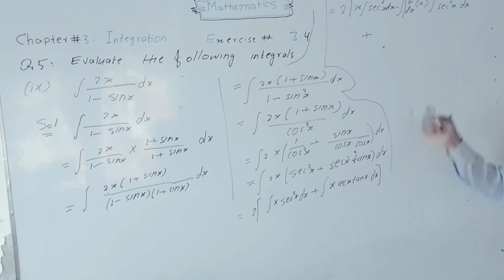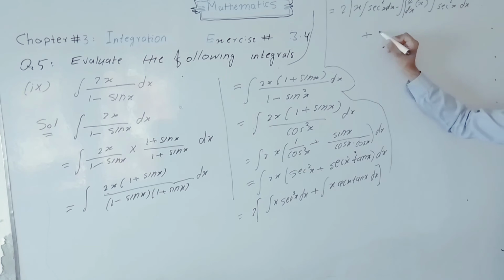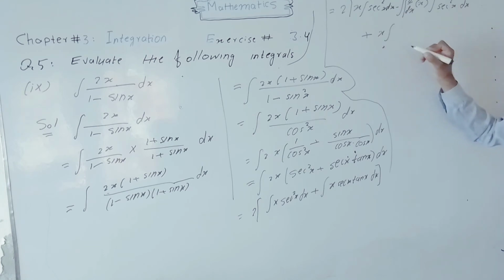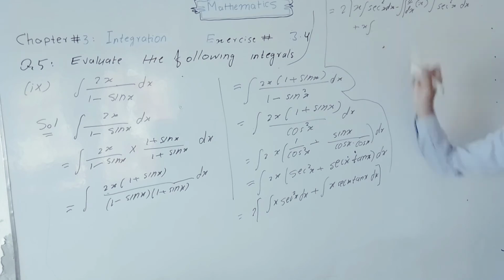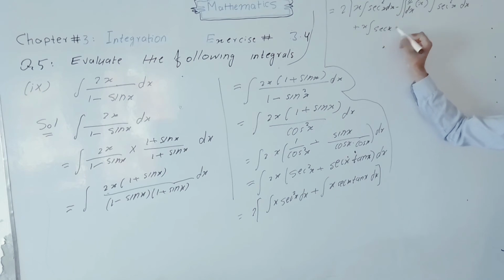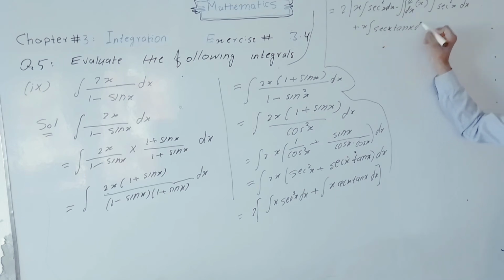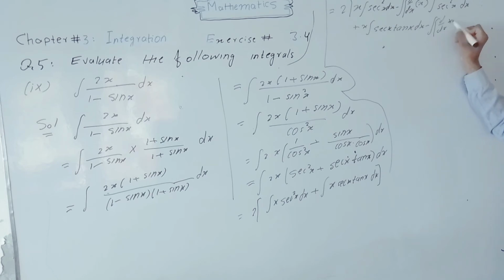So first function is x, integration of second function, integration of secant x tan x into dx, minus integral derivative of first function, that is x, integration of secant x tan x into dx,